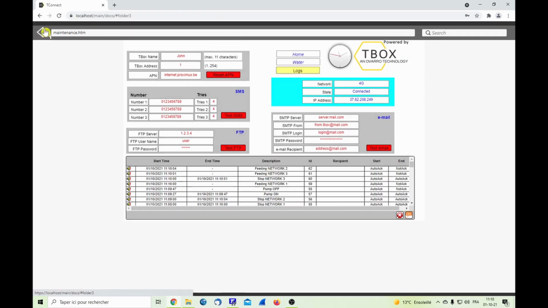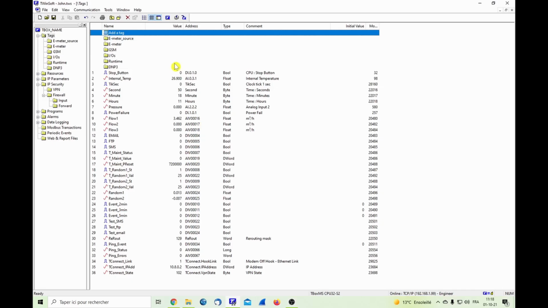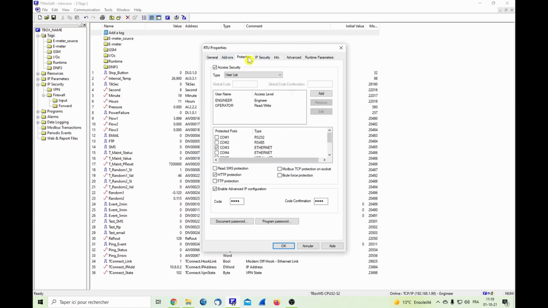Next subject, the user synchronization. The idea is to have the same users in TConnect as in TBox. So first we have in TwinSoft to declare a dedicated user to allow TConnect to synchronize users inside TBox. In order to allow TConnect entering into TBox to modify the users, we have to create a dedicated user